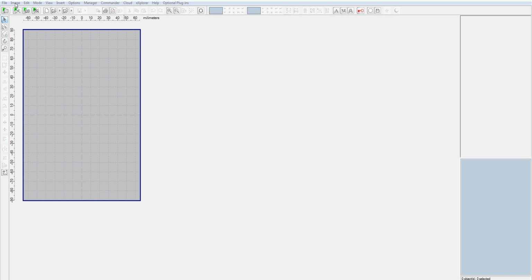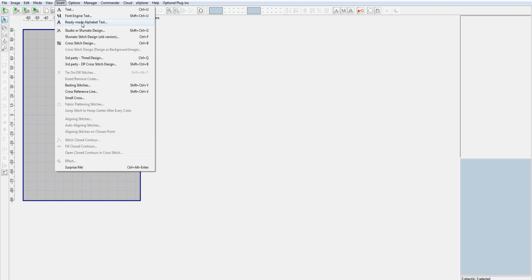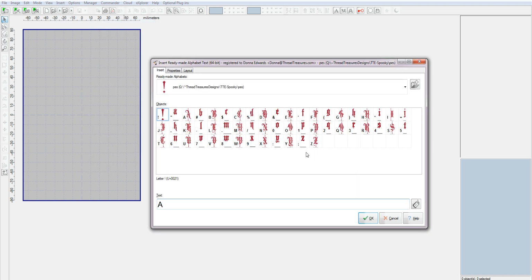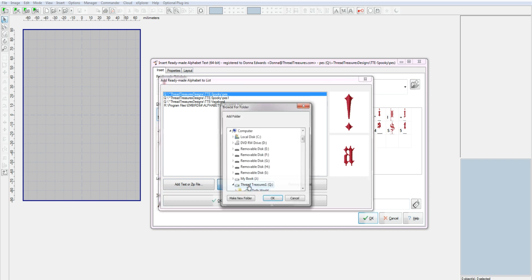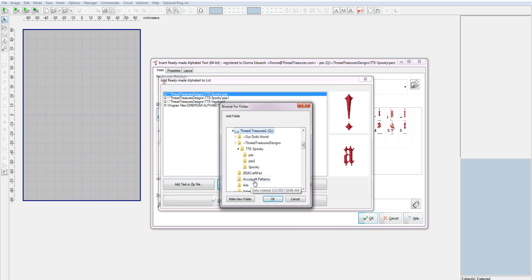And what we're going to do is, as you can see, I'm in Embird Editor, and I'm going to go under Insert and then say Ready-Made Alpha Text. And this is a font that I have, and I'm going to click on this little folder over here with the plus on there. It's to add another folder here, and here I'm going to say add folder. And what I'm going to do is scroll down to, say, this cute little monsters,